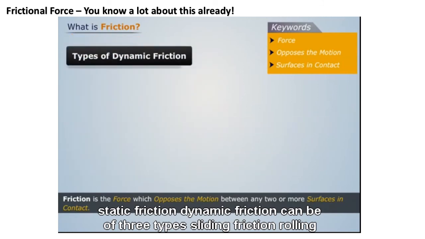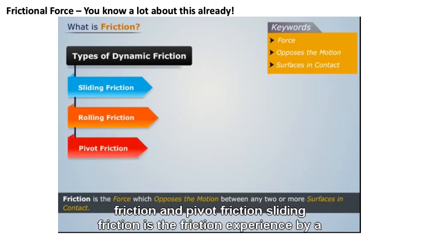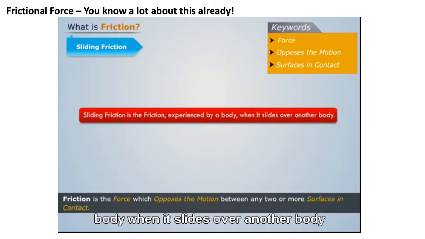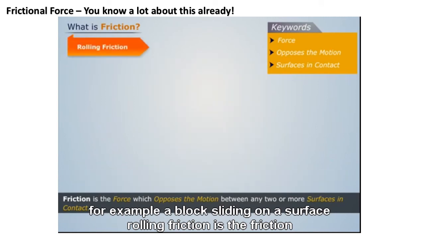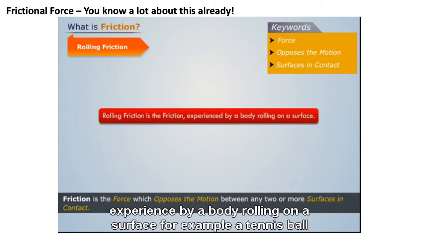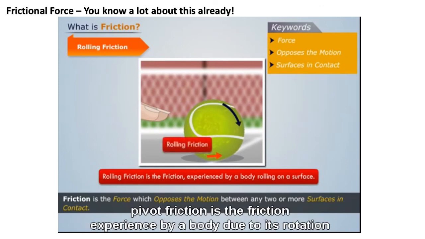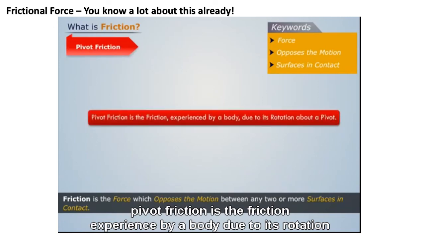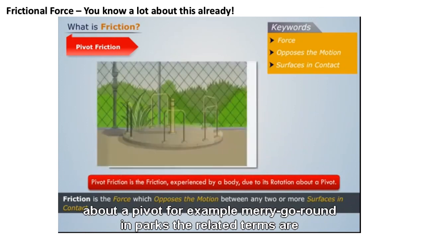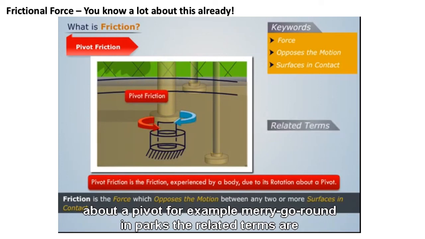Dynamic friction can be of three types: sliding friction, rolling friction, and pivot friction. Sliding friction is the friction experienced by a body when it slides over another body. For example, a block sliding on a surface. Rolling friction is the friction experienced by a body rolling on a surface. For example, a tennis ball rolling on the ground. Pivot friction is the friction experienced by a body due to its rotation about a pivot. For example, a merry-go-round in parks. The related terms are